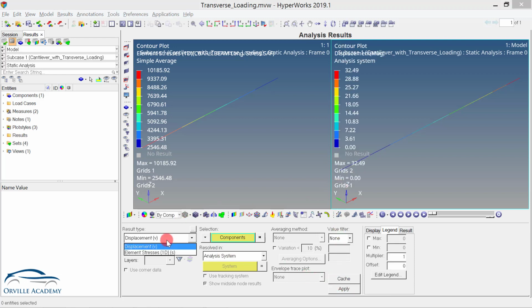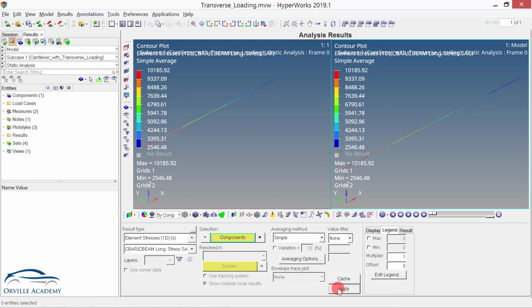Again let me go for the stresses. Here I will go for C point stress. Now since we are 100% sure that this C point is going to be on the tension, let me select it. Here I will set it to simple and then go for apply. As you can see, the C point is showing the exact stresses. So again if I click on the point E, then it will show me the negative stresses or the compressive stresses. So as you can see, the minimum value is minus